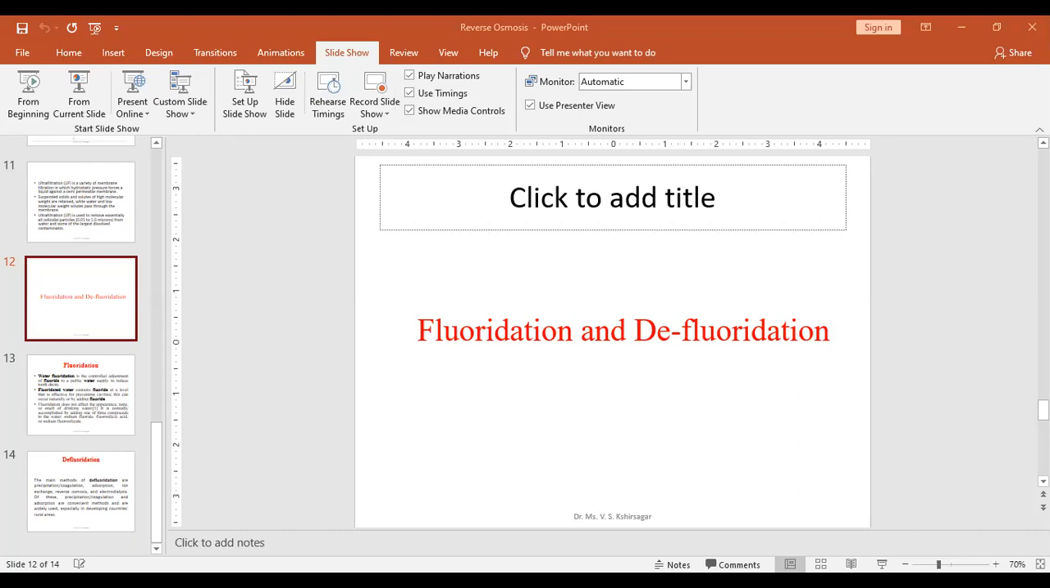That doesn't mean they are dirty, they are facing the issue of excess fluoride. And if the fluoride content is less than 1 ppm, then they will face the issue of